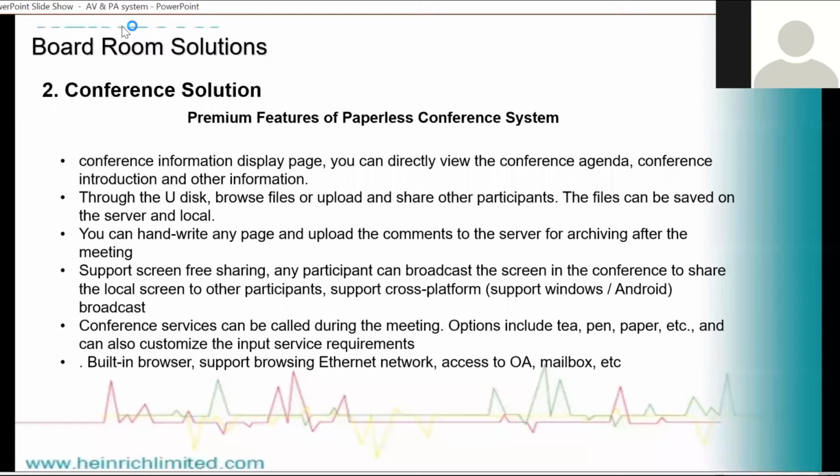All of these microphones act as audio input for your conference room. According to your requirements and your design, you can select; we have multiple options for the microphone.